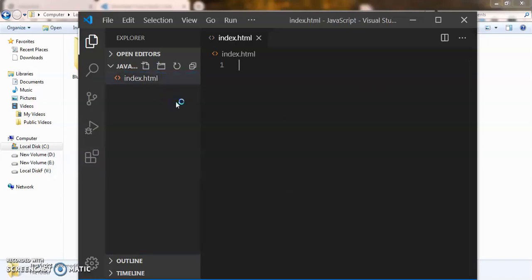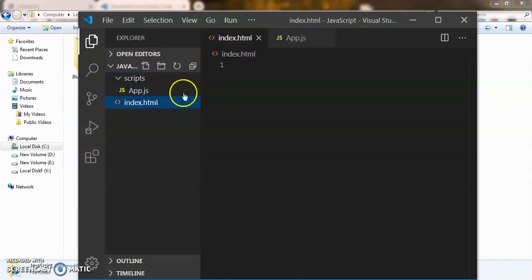This is the root HTML file which will be loaded when we call the JavaScript app. Then create a new folder, let us say scripts, for storing the JavaScript source files, and inside scripts create a file, let us say app.js. .js is the mandatory extension for JavaScript source files.